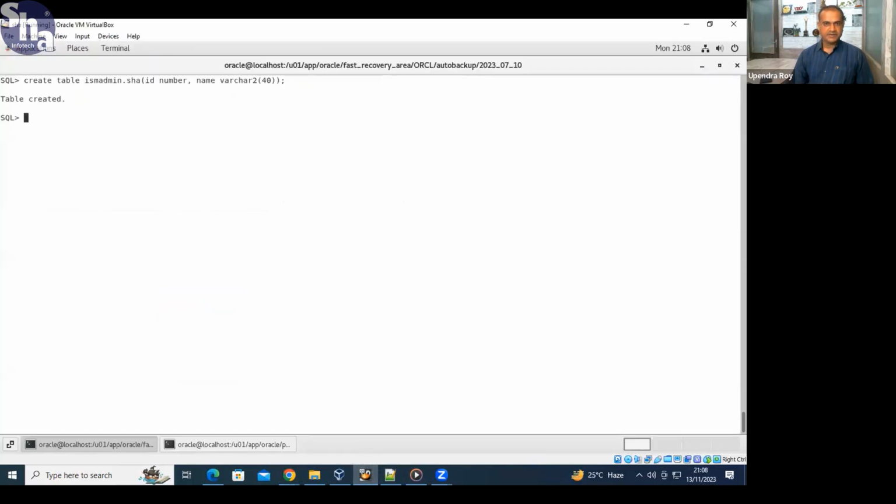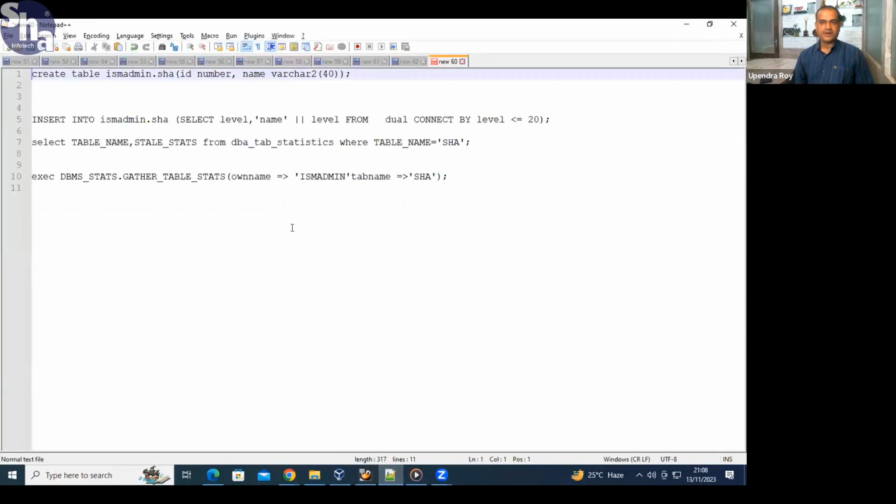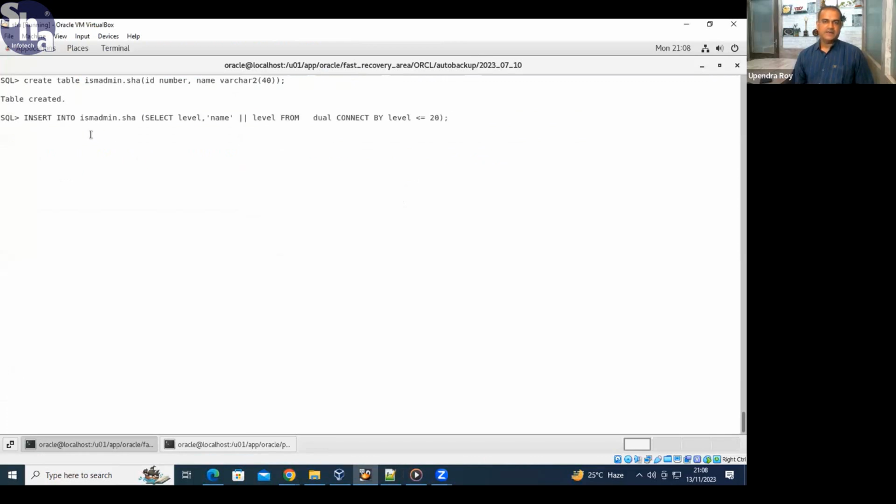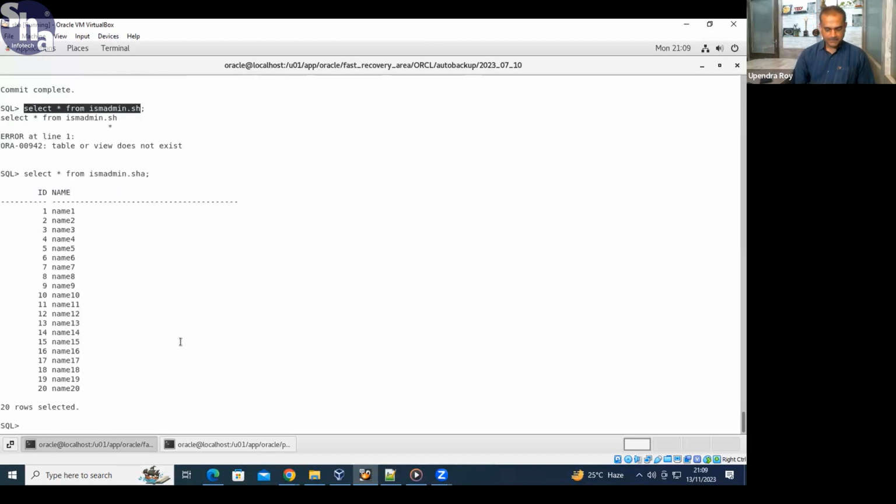I just created one table. Under that, I'm going to put some records on a random basis, so I'm using this particular query. Insert into this: label one, one number will come along with a name, and label means one name, two, like that 20 records will be inserted. I'm giving commit, and if I give select from SH, see, and here I'll check, and before that I'm going to run the